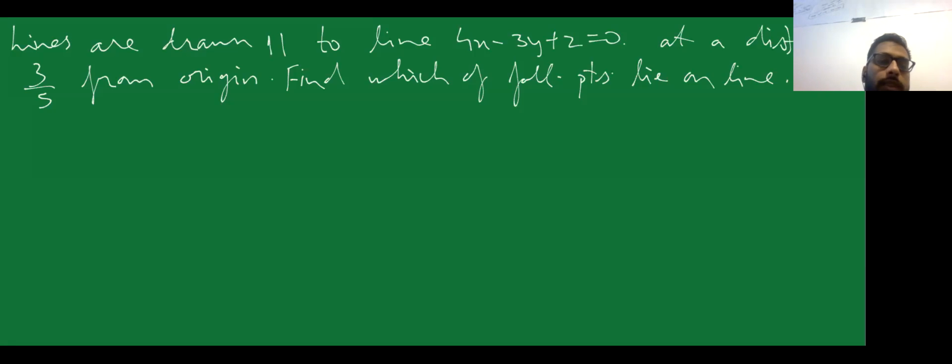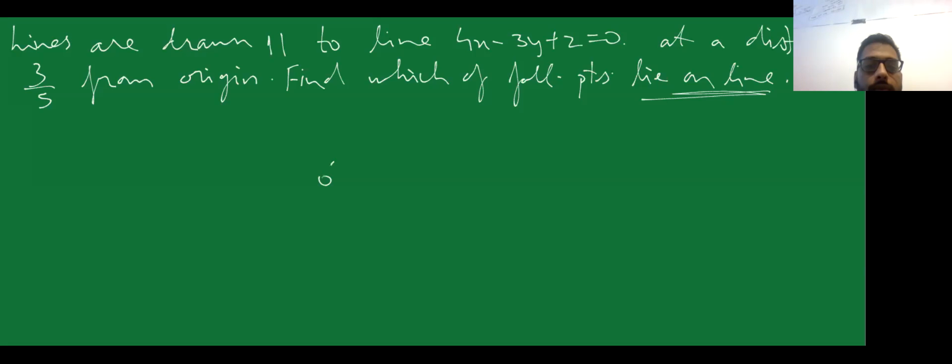So you have 4 options in which 4 points are given to you. How can you check if a particular point lies on the line or not? First, you'll need the equation of that line, and then just substitute your options 1, 2, 3, 4. Whichever option satisfies that line, that point is going to lie on that line. So the important thing over here is to find the equation of that line first. So how can we get the equation of all the lines? Let's see what condition is given to you.